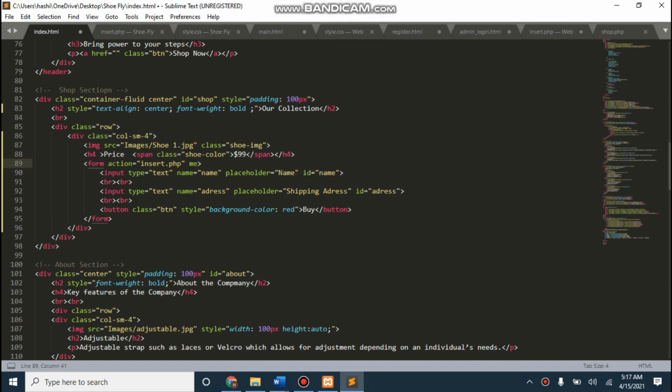I'm also adding method, so you have to add method here. It's up to you, you are using post or get method. I'm using post method here. You can use get, they both work very well in PHP, so I'm using post method here. And I will be adding this button type is submit. I'm saving it and